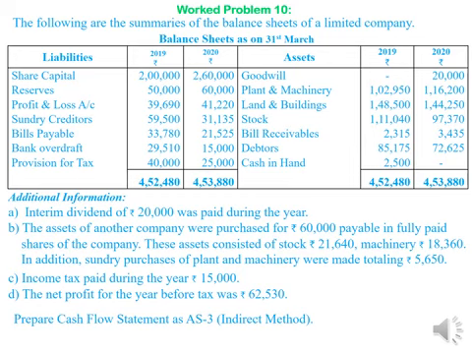Observe goodwill balance on asset side, it is nil and 20,000. That 20,000 is because of this transaction, point B transaction. 60,000 worth of shares were issued to another company and only 40,000 worth of assets were purchased from that company. 20,000 is paid in excess to that company. That capital loss is treated as goodwill. So then reserves balance is given on liability side. 10,000 is increasing. That has to be adjusted while computing cash flow from operating activities.